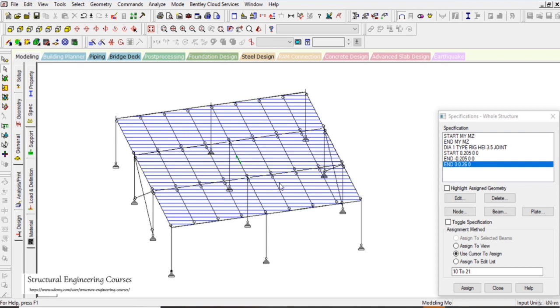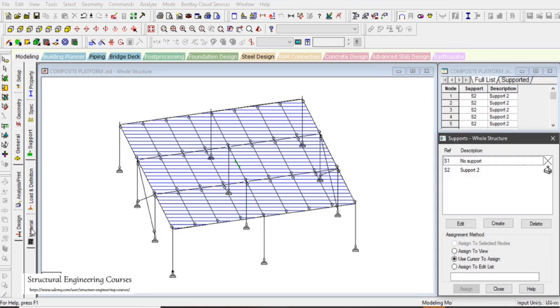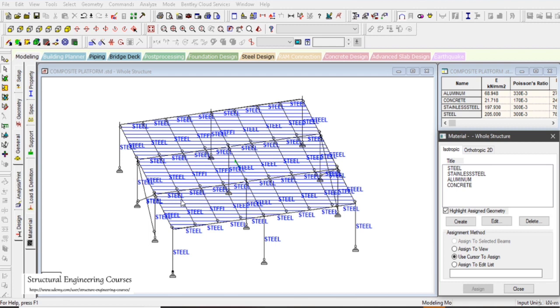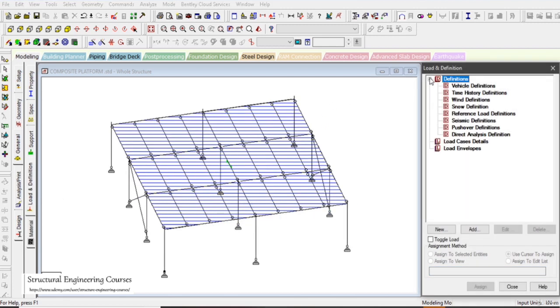So now we have studied the specifications. After that we have assigned the properties, we have assigned the supports, and accordingly we have assigned the material also. After that comes the load and definition command. That is somewhat demanding, in the sense that you should have thorough knowledge. So to make things simple, what I will explain in the next lecture,